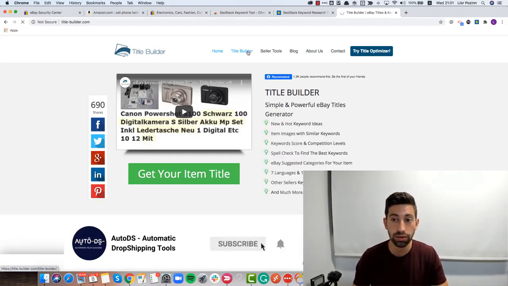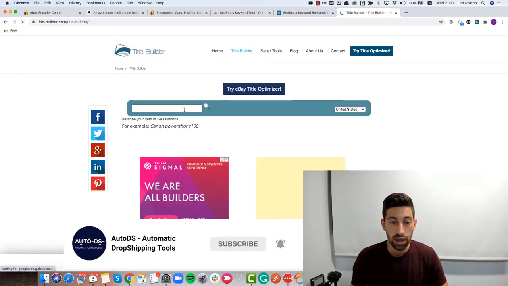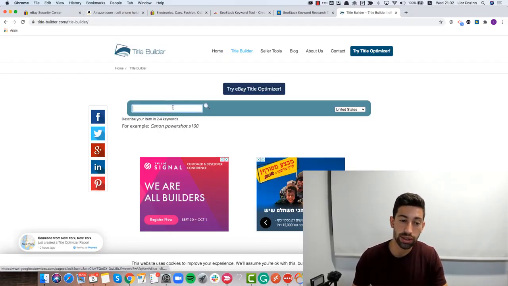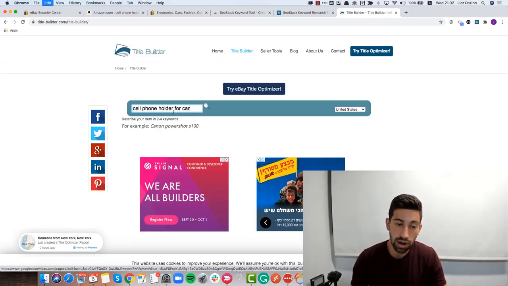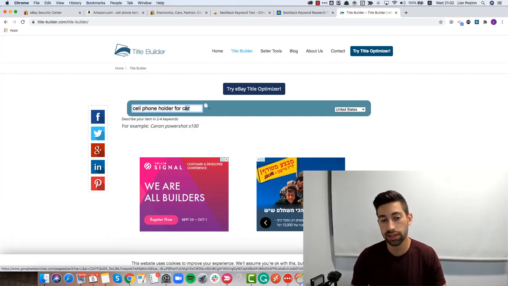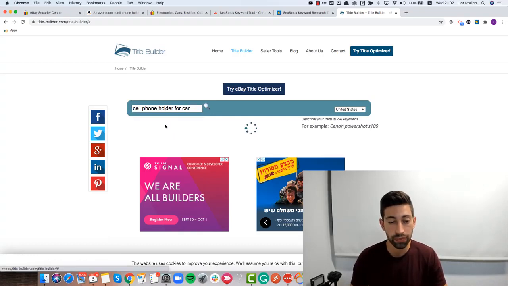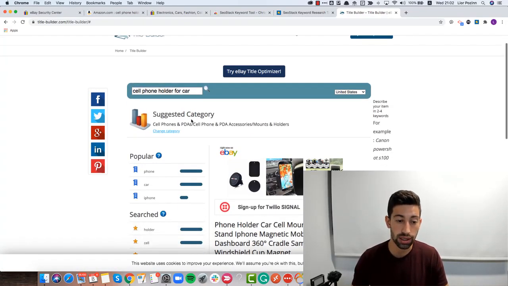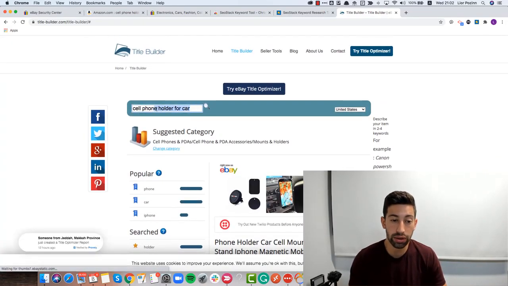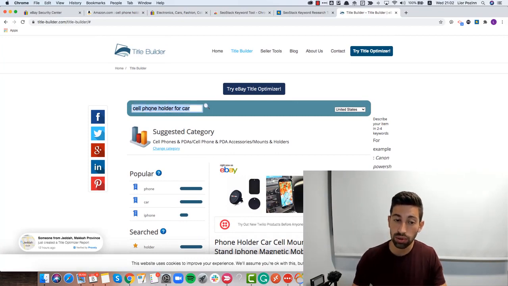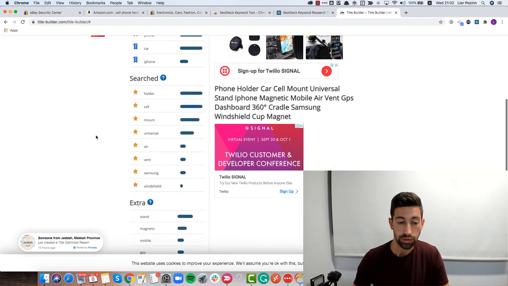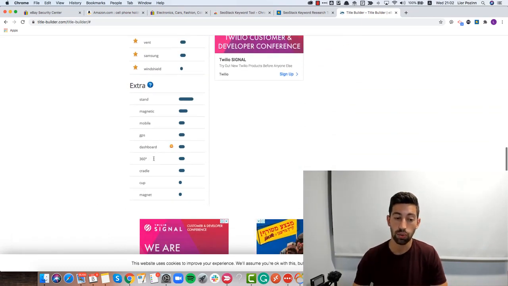click here on title builder, and then here you can just get more ideas. So if we already found that we want the cell phone for a car, which in this case is a bit long keyword, so it will not work in the best way, but still we can write here the full keywords, up to 4-5 keywords maximum, and what we will see here is more ideas of what we can